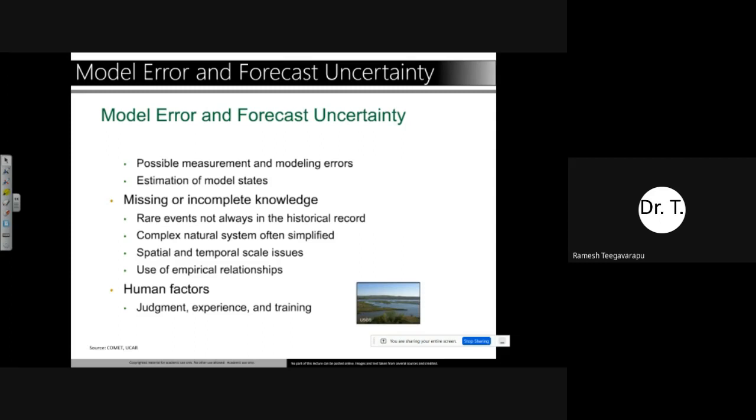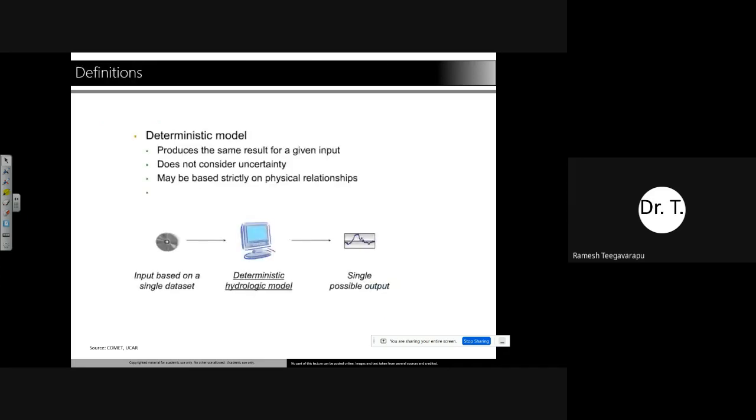Maybe rare events are not always picked up in the historical record, so that means the model is not learning those rare events. Complex systems are often simplified, there are scale issues, use of empirical relationships, and sometimes the judgment, experience, and training of those modelers, how they are developing that.